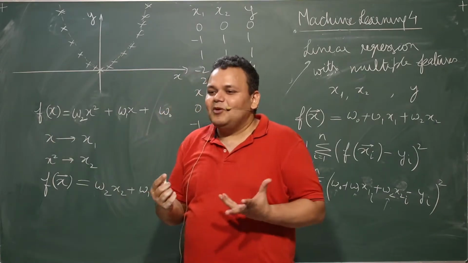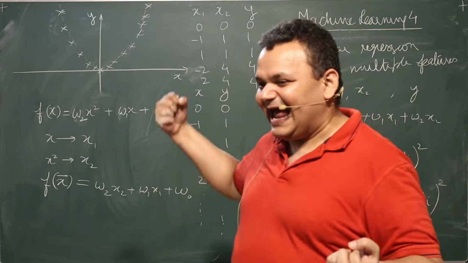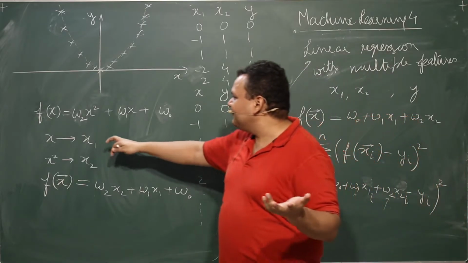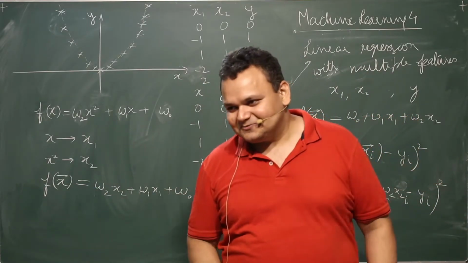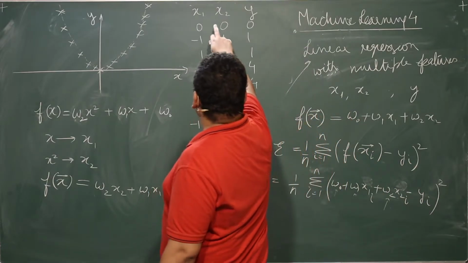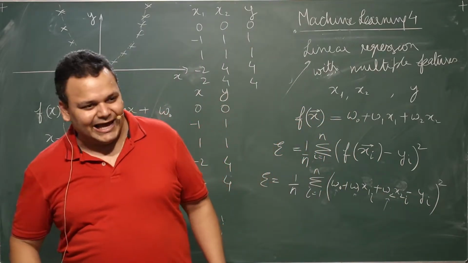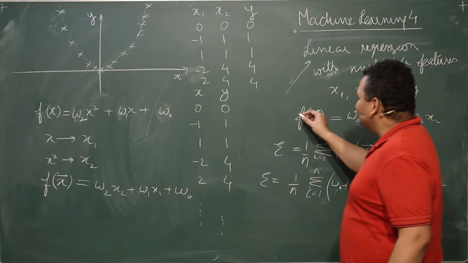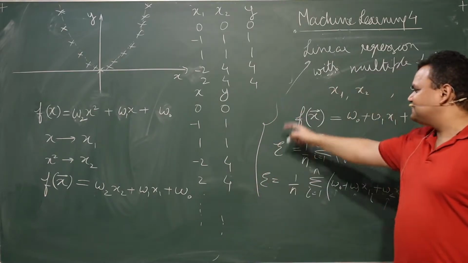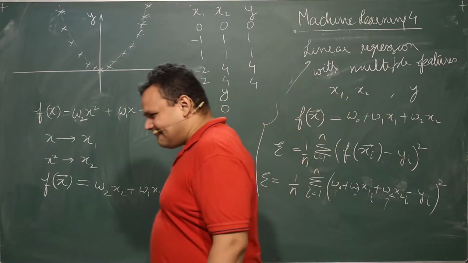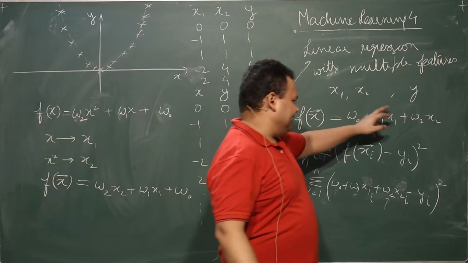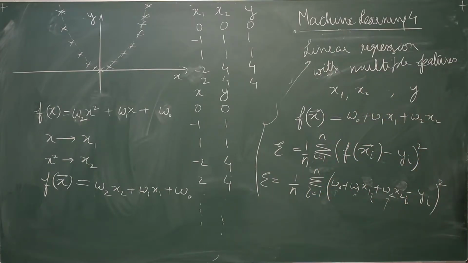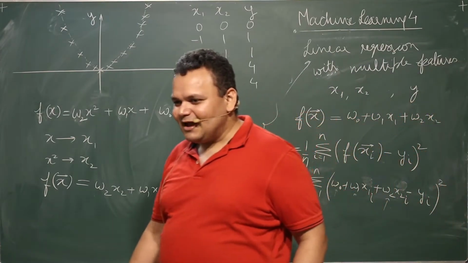So your original problem was the relationship between one variable, the input variable x, and the output variable y. I have modified my input variable into two variables, x1 and x2, and now I am trying to see the relation between x1, x2 and y. If I were to implement this properly, trying to minimize my error function, what do you expect your W0, W1 and W2 to be after doing the minimization?